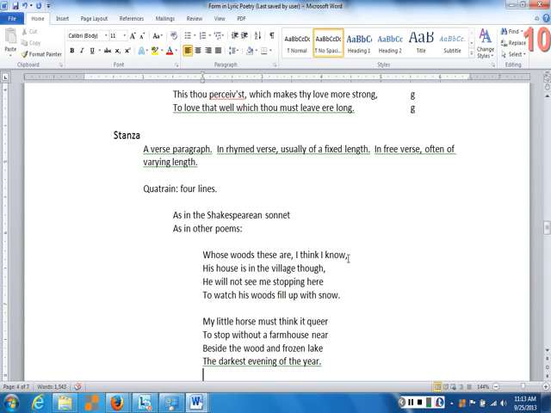Now, the point I'm making here, and what I want you to observe, is that very often stanzas will be linked in some way. Now, Frost is linking these stanzas in terms of rhyme sounds. Okay, "know" gives us our first rhyme sound, and that's A, right? And "though" gives us another A sound, doesn't it?